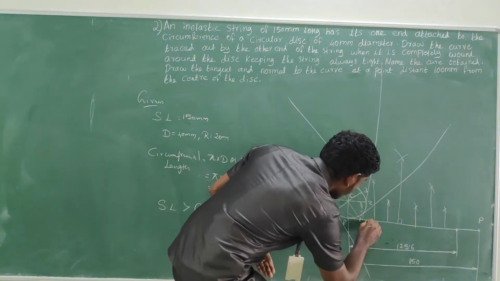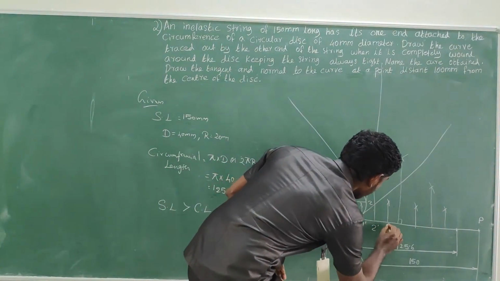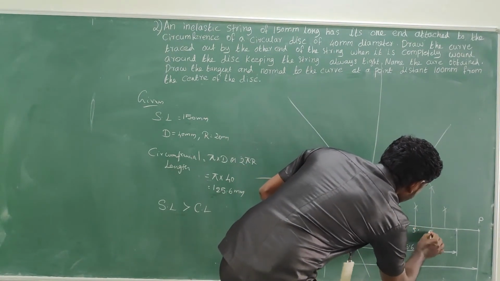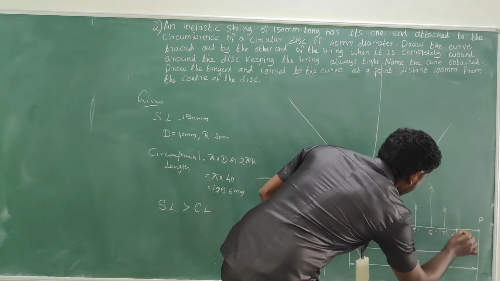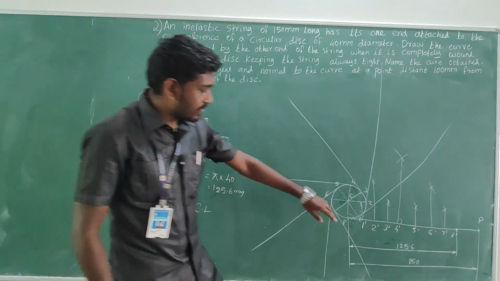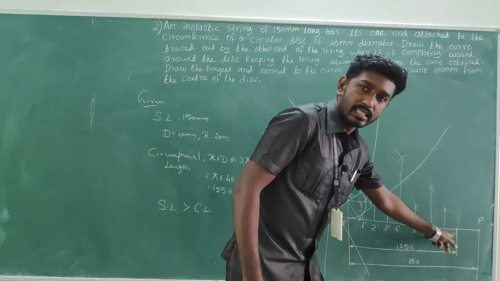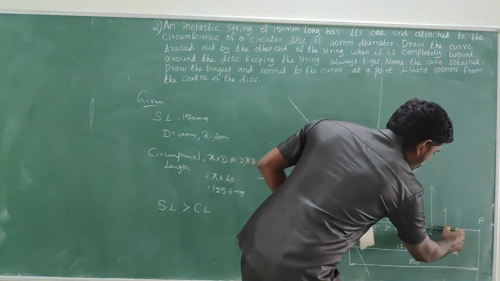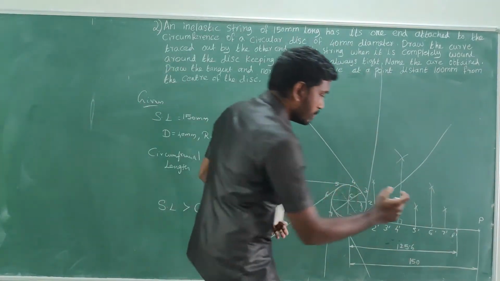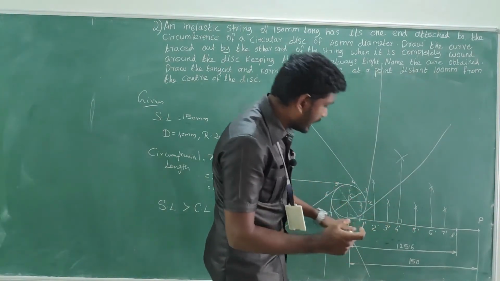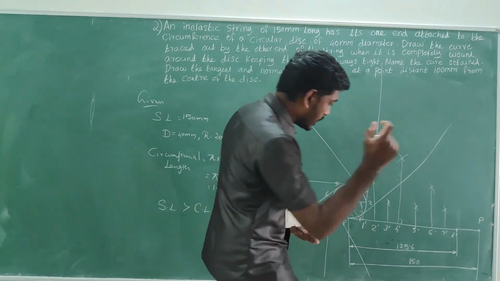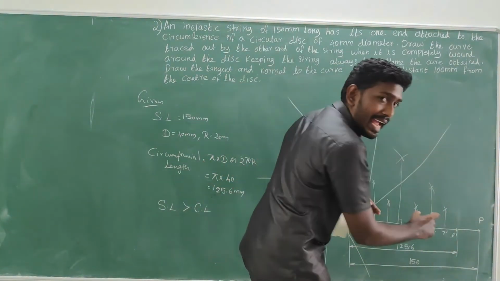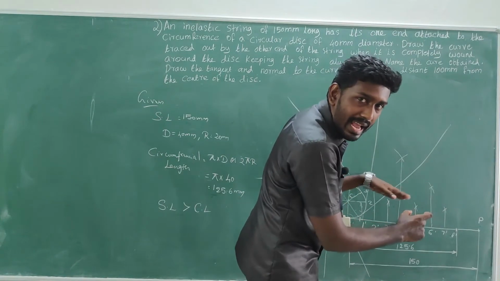Give the names. This is the first one, 1 dash. This is the second one, 2 dash. This is the third one, 3 dash. This is the fourth one, 4 dash, then 5 dash, 6 dash, 7 dash, and 8 dash. The circumferential length ends with 8 dash. Now for the remaining portion, just measure one of these segments, because all the segments have equal divisions. Measure any one of your segments and go for a cut mark in the remaining portion.